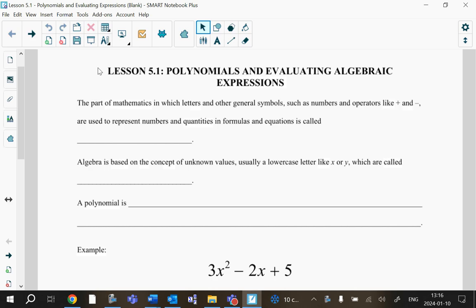We are going to pretty much spend the majority of this term on algebra, because there's sort of two big things that we want to do with algebra, and they're in two different units. One is how to use expressions and how to simplify them, and the other is how to solve equations. Those are sort of the two big things in algebra. Okay? Before we start all of this, though,